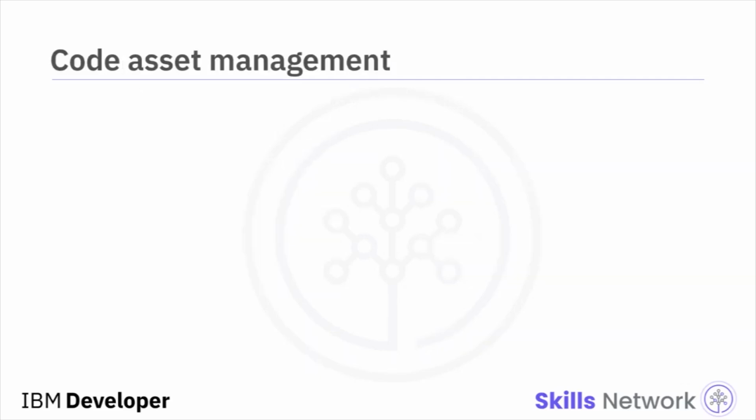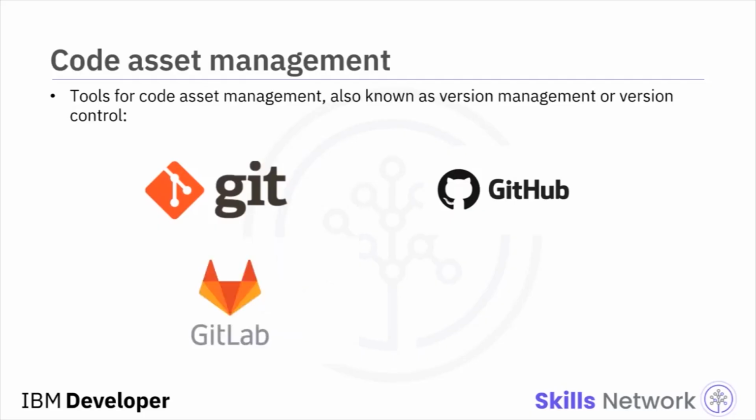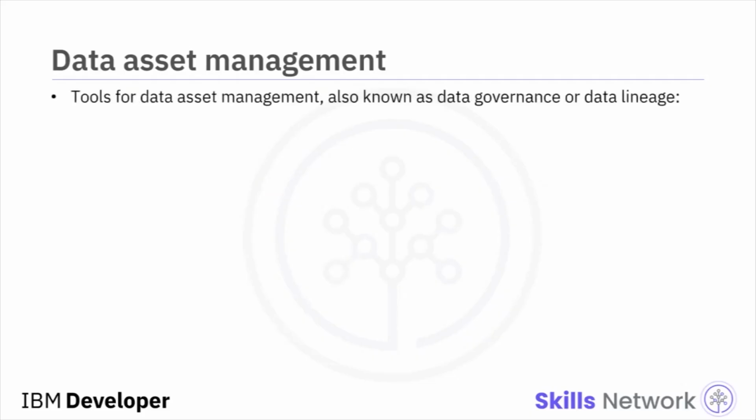So the choice of code asset management tools has become quite simple. Git is now the de facto standard for code asset management, also known as version management or version control. Around Git emerged several services. The most prominent is GitHub, but the runner-up is GitLab, with the advantage that the platform is entirely open source and can be hosted and managed on your own. Another choice is Bitbucket. Data asset management, also known as data governance or data lineage, is a crucial part of